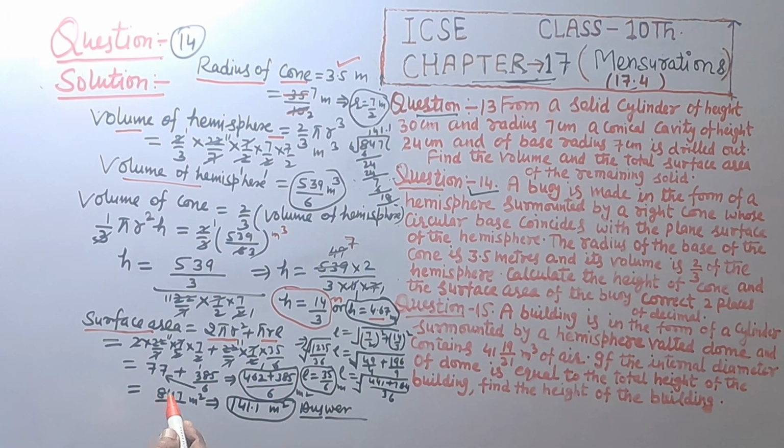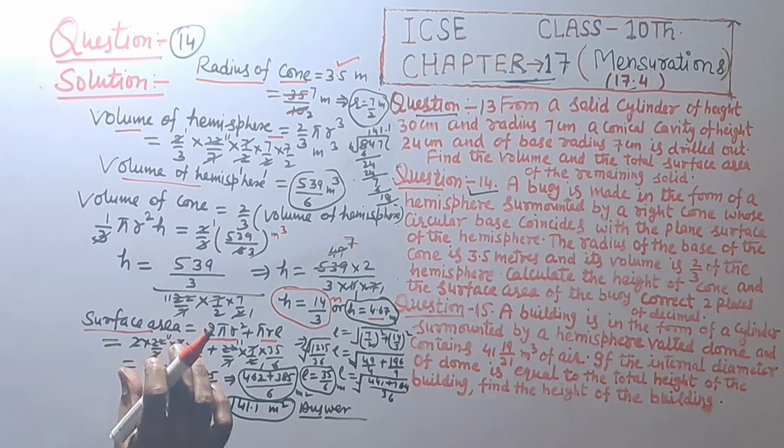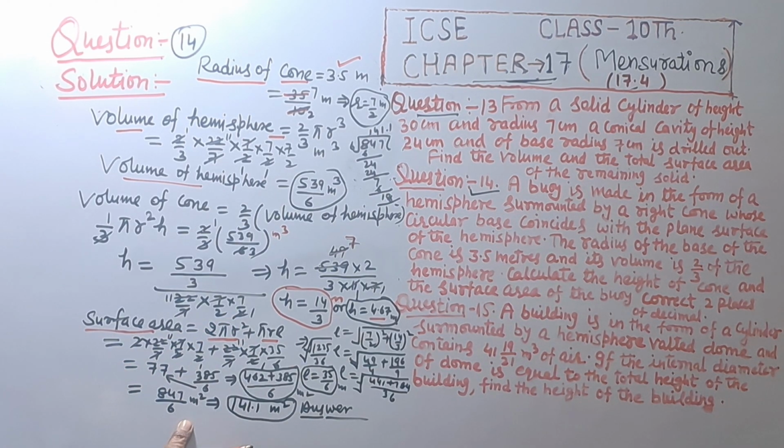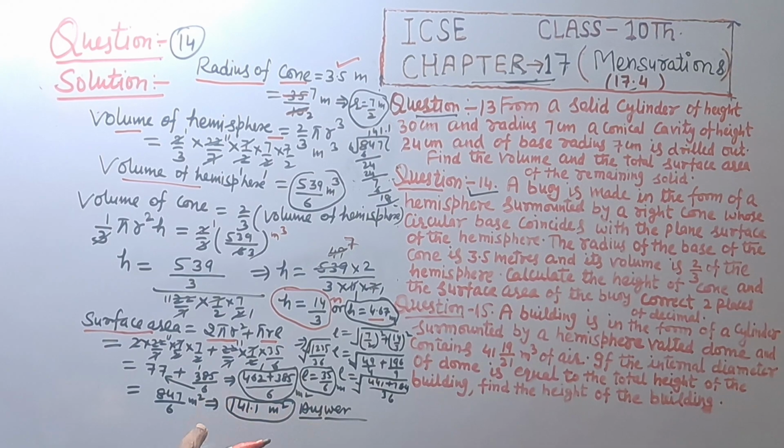Their sum is 847, and that is 847 upon 6 meter square. This is the surface area of the toy, and in decimal places we get